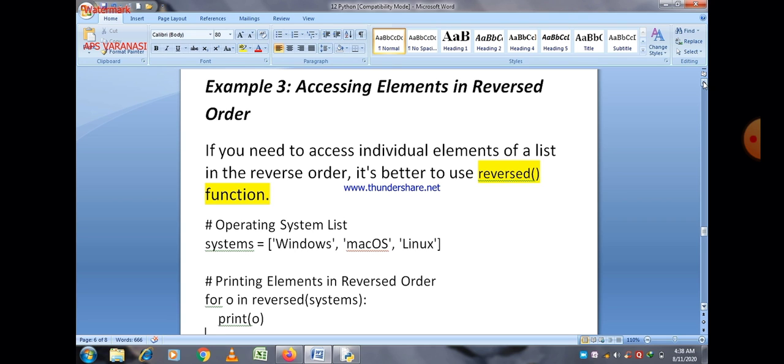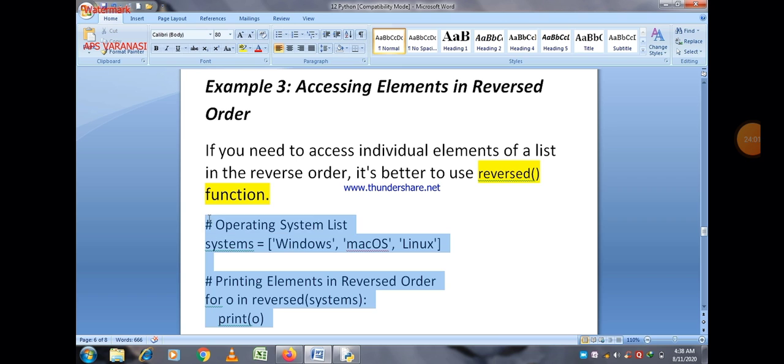First of all Linux will be printed, then Mac operating system will be printed, and after that Windows will be printed. So if you want to access individual elements, then just use the reversed function.